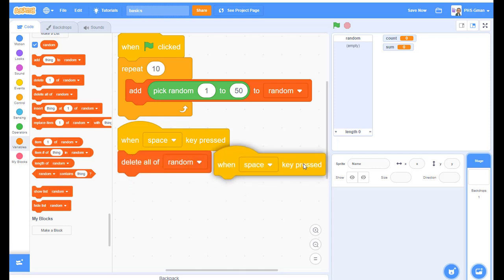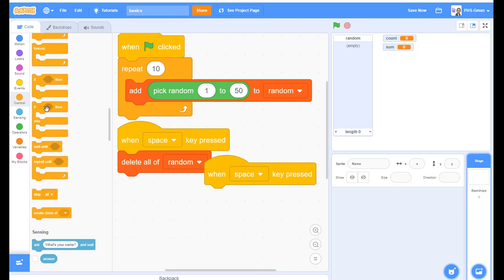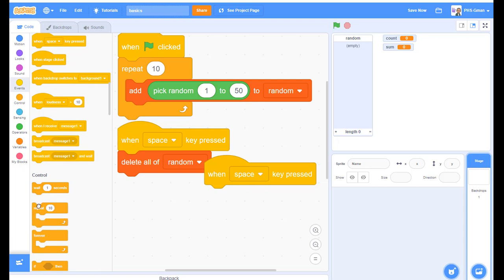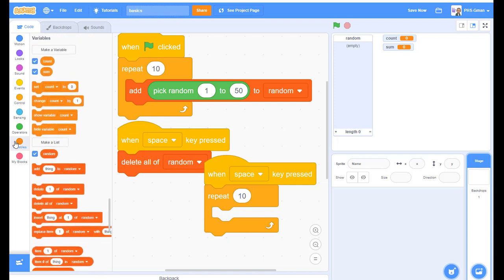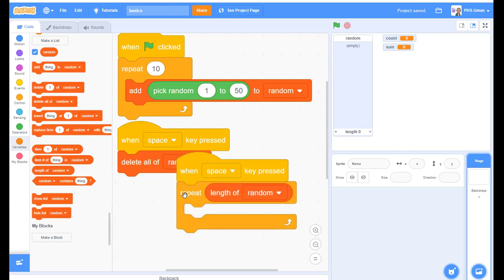Sometimes you have to go through and clean out your list item by item. So when you have to do that, you're going to need a repeat loop. And the size of the repeat directly corresponds to the size of the list. So you have to look at the length of the list and delete every item in the list. And so we have to delete